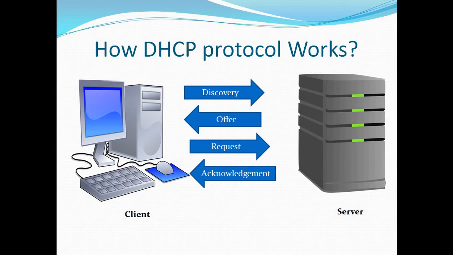After receiving the request, the server responds with the DHCP offer, in which complete details of the available IP address and the client's system information, for example the subnet mask and the MAC address of the client, are